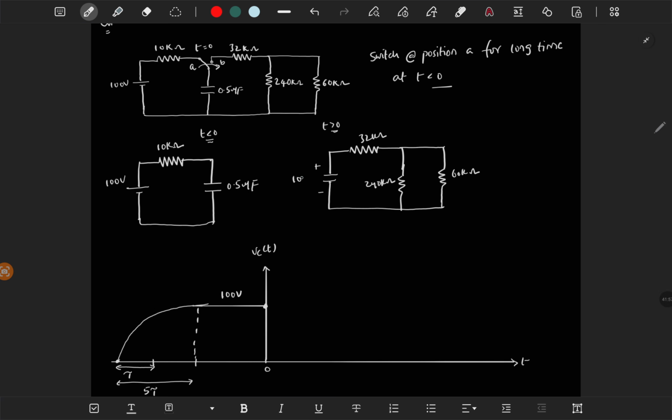Now it has some initial voltage. That is what I meant. Here the initial voltage is not 0. We should not take it as 0. It is already charged to 100 volt and there is some transient behavior after t greater than 0. So at t is equal to 0, we have some voltage across the capacitor that we take as initial voltage for the analysis of t greater than 0. So here the initial voltage is 100 volt, and